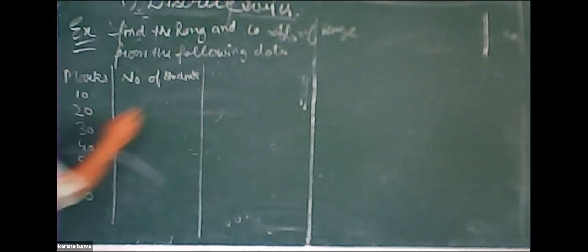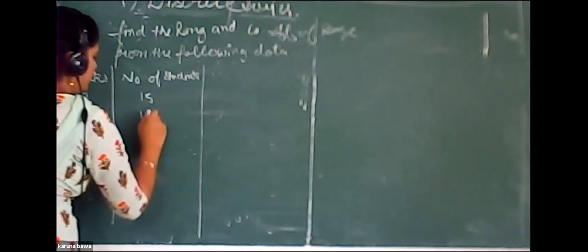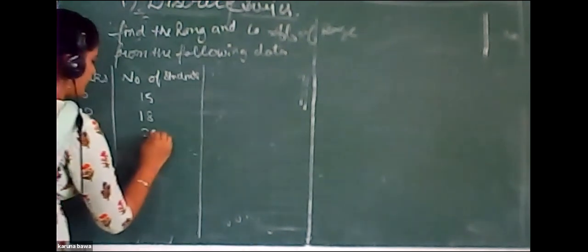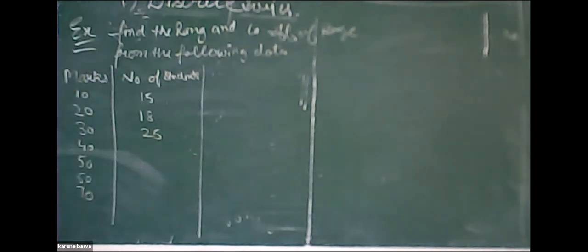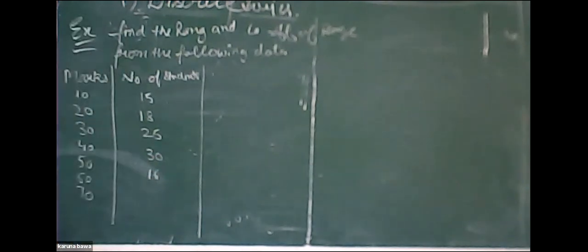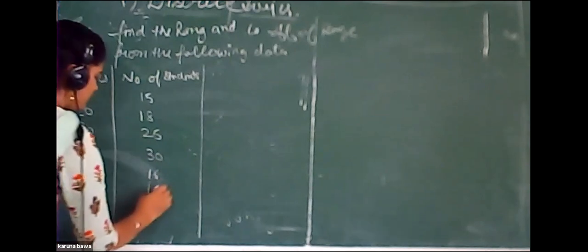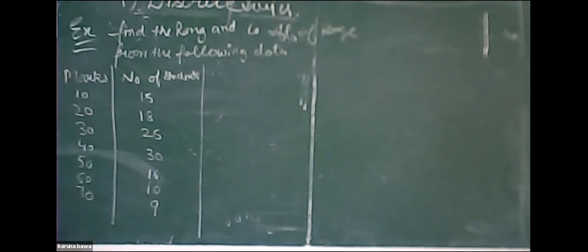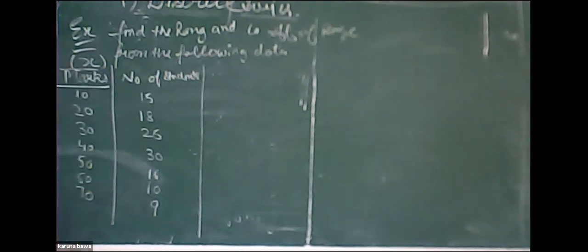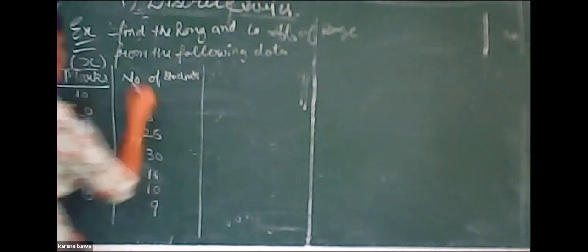Number of students: 15, 18, 25, 30, 16, 10 and 9. As we know that marks are denoted with the value of x and the number of observations denoted with the value of f